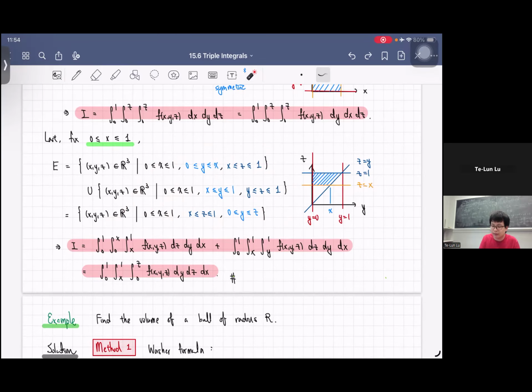And by describing this as a type 2 domain, you have y goes from,